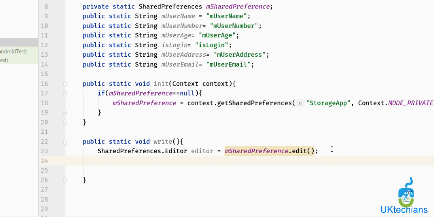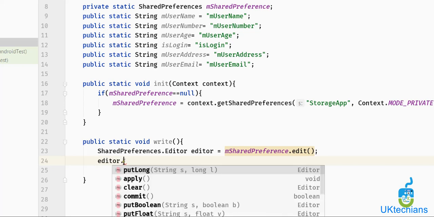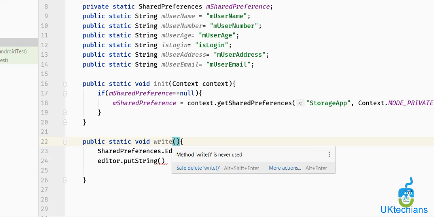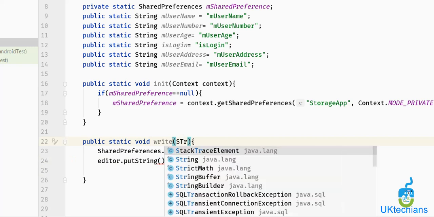Then what we have to do here, we will add editor. So let's see what editors say: put, apply, clear, commit, preferences, right? So let's say we are using put string here, which means we have to store the username. So what we have to do by default, to store any string, we have to create two parameters,